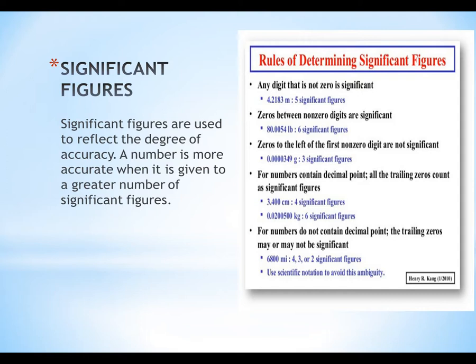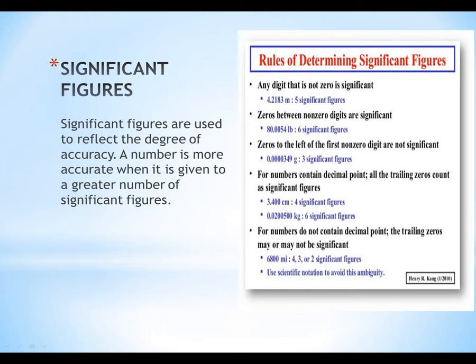in your book, as all non-zero digits are significant, all zeros between non-zeros are significant. It means that here is a number where the zeros are between non-zeros, 8 and 5, and there are 3 zeros between 8 and 5, so all these zeros are significant. Rule number 3, in the decimal, all zeros after a non-zero digit are significant. So in the decimal, just like here is an example, there are 2 zeros after the non-zero digit, so these 2 zeros are significant.